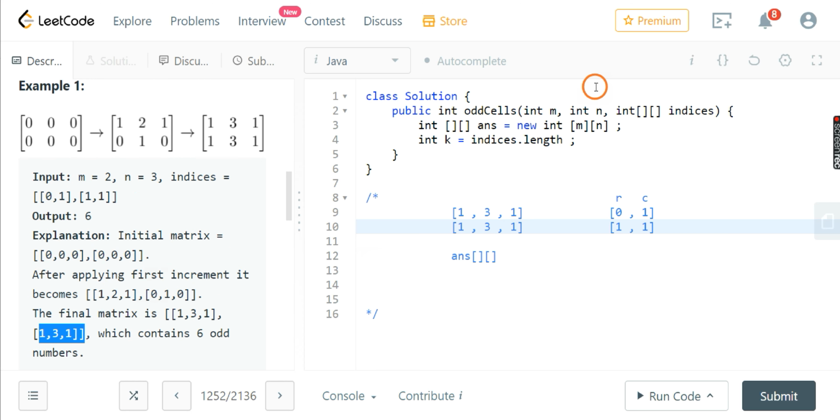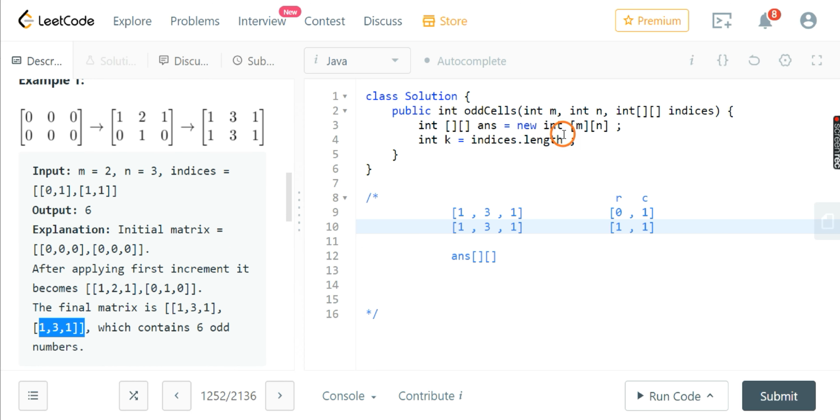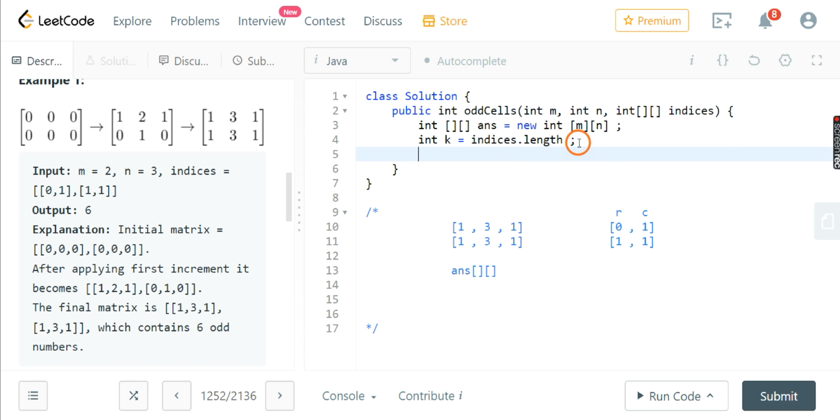So let's code this question now. First of all, I'll make a for loop.